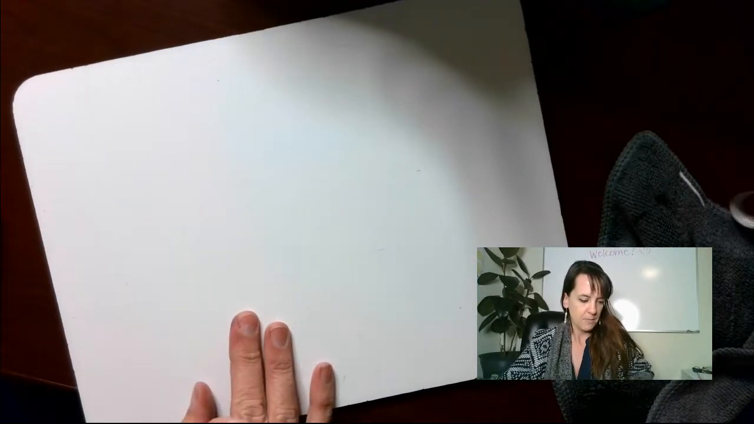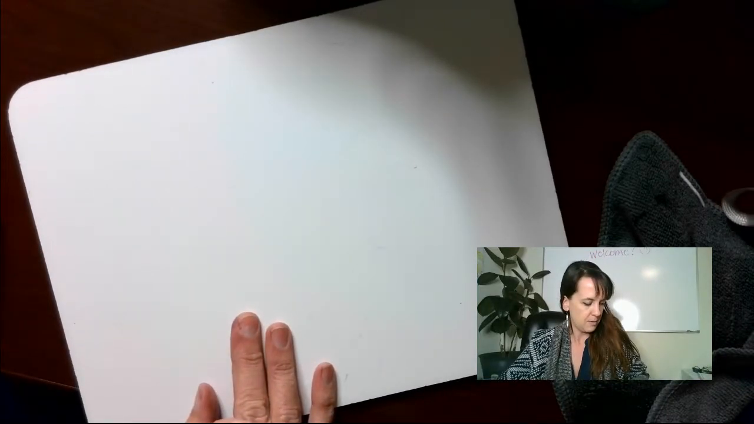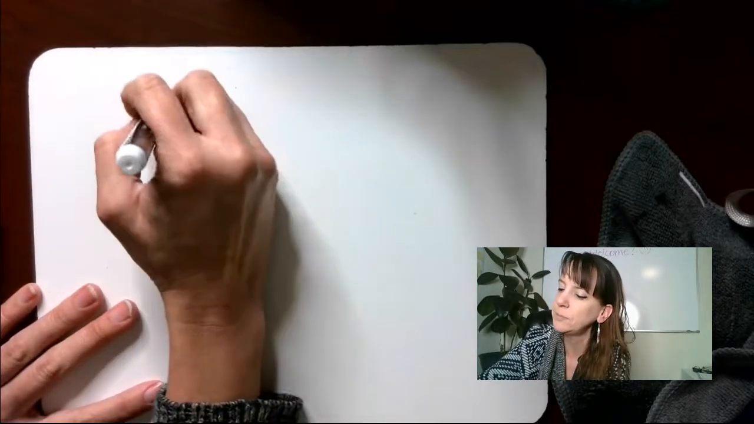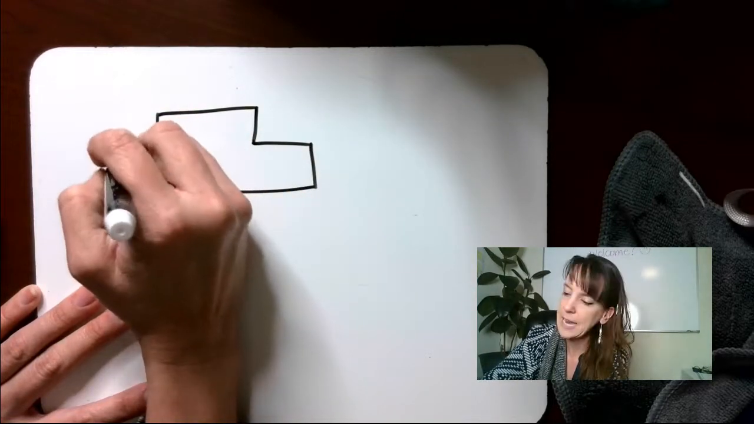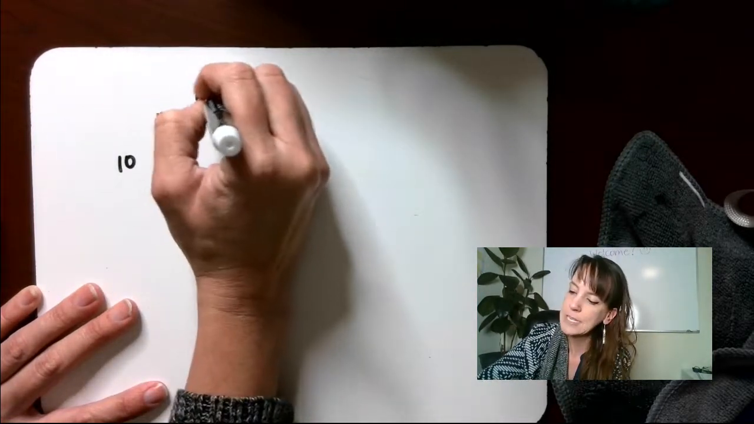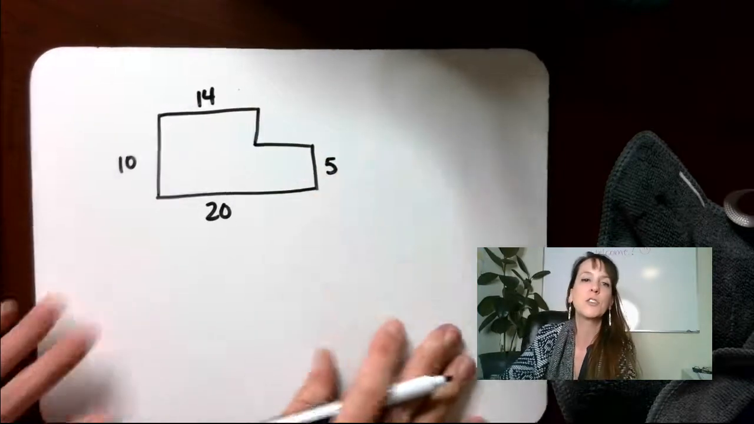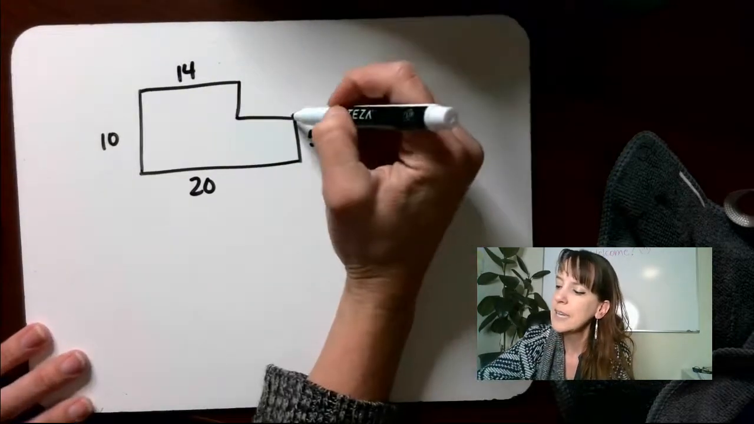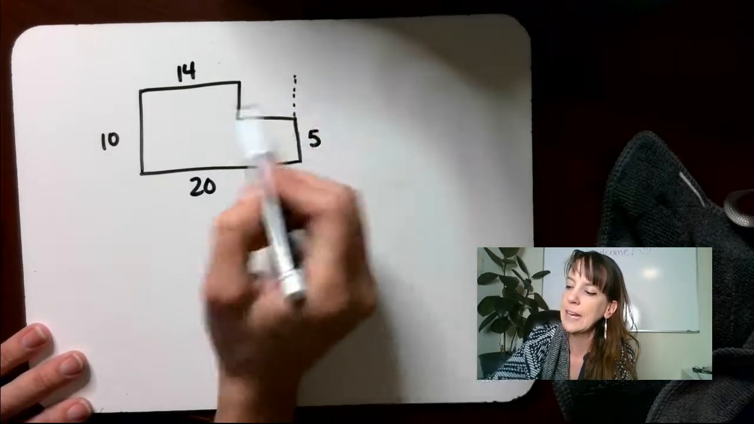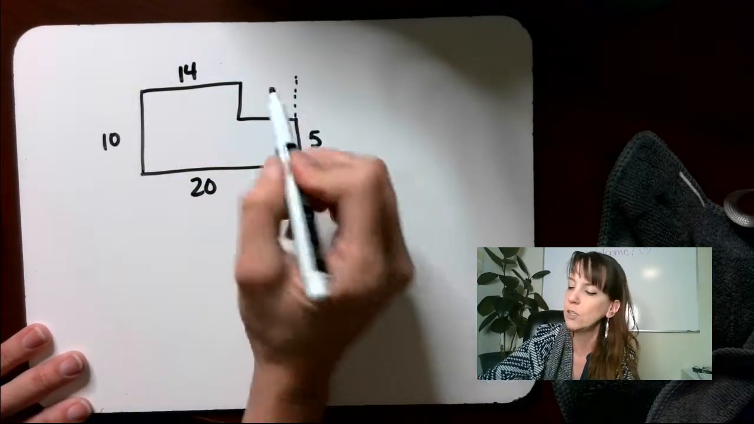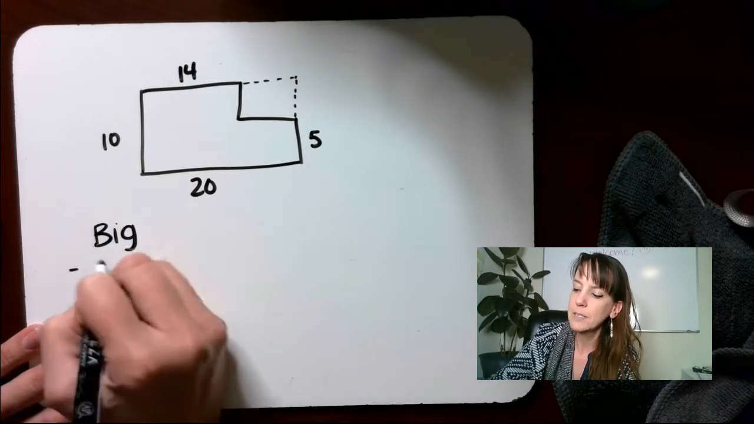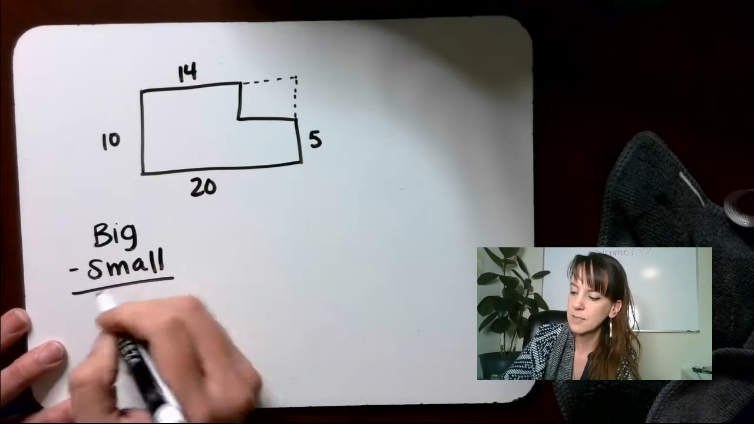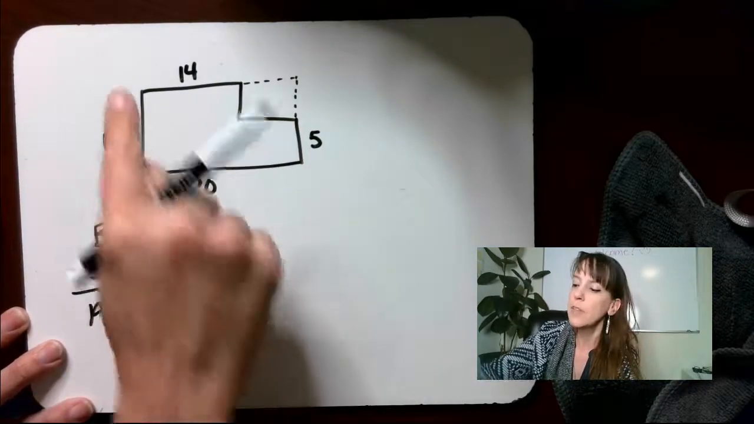So let's try some examples to see what happens. The other one was area of a rectangle. We've got an area of a rectangle like this. So we have 10 here, we have 20 here, 14 here, 5 here. There are two different ways to do this. The way that I showed in class was, let's say we find the area of the entire rectangle. That's going to be big minus small will give us the area of the shape that we want. The big rectangle here,